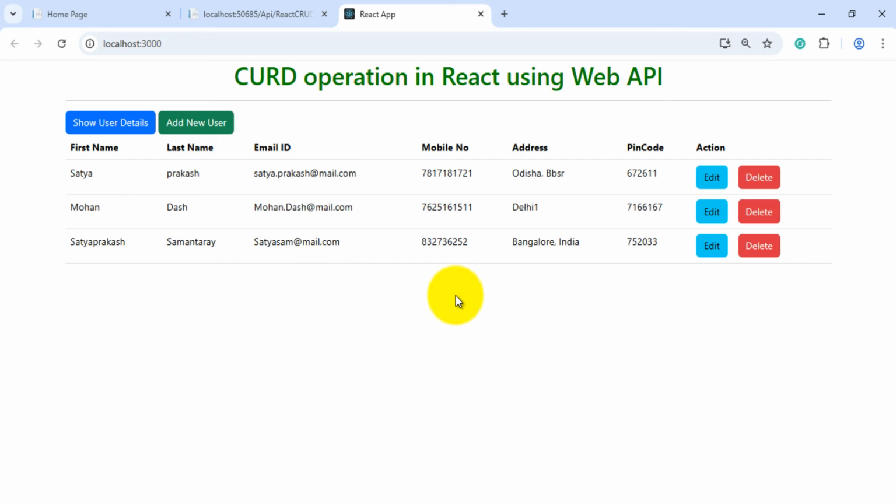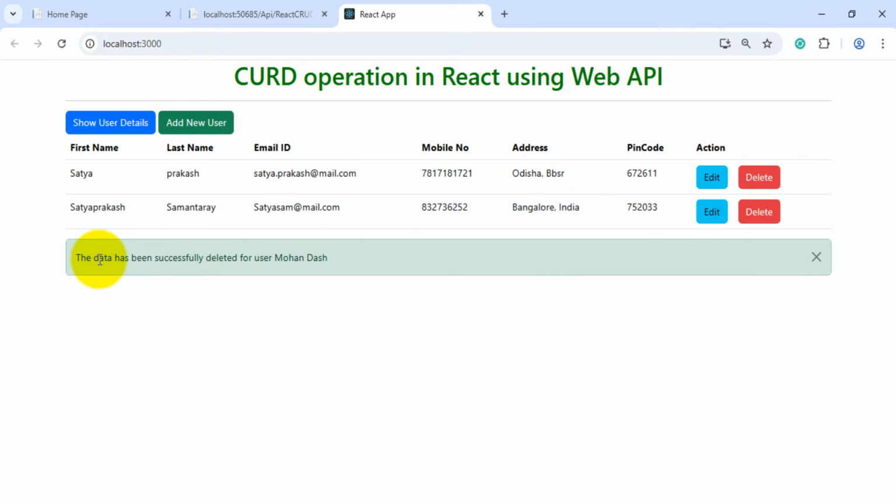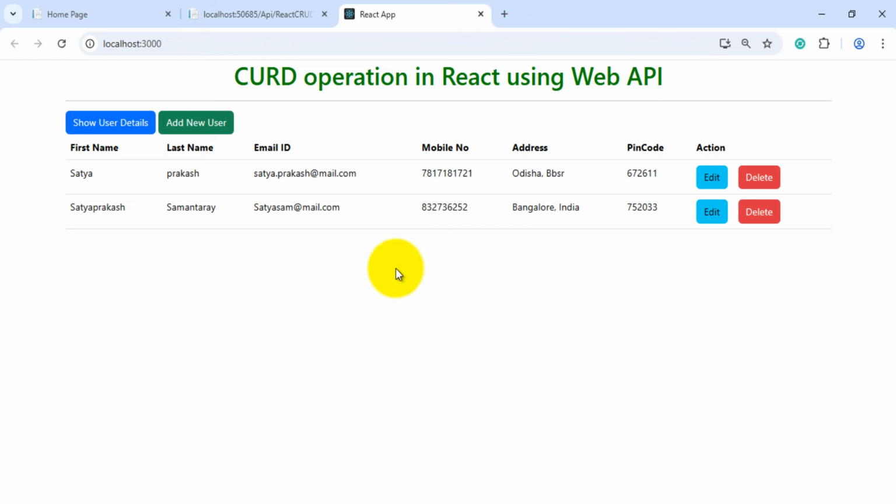So guys, here what I'll do is I want to delete a user, right? I want to delete the user Mohandas, so I click on delete. I'm getting one message: the data has been successfully deleted for user Mohandas, right? This is also available for 10 seconds, and then it will be gone. Okay,